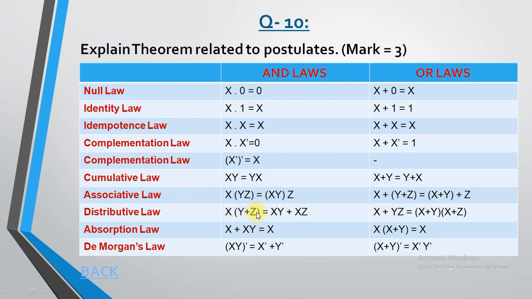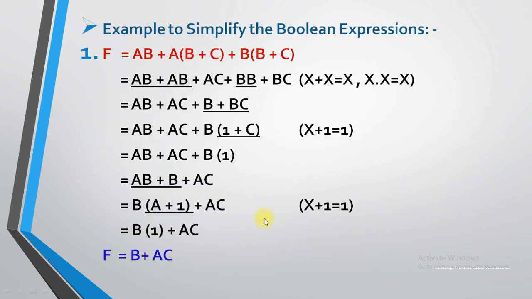If x, y, z are given, x into y plus x into z. The distributive law is there, right? So over here, a into b, a into c, so plus is given. Similarly for this, b into b, b into c. So the terms are ab, this is the same, plus again ab, the multiplication of a into b, plus I have multiplied a by c, so plus ac, plus bb and plus bc.